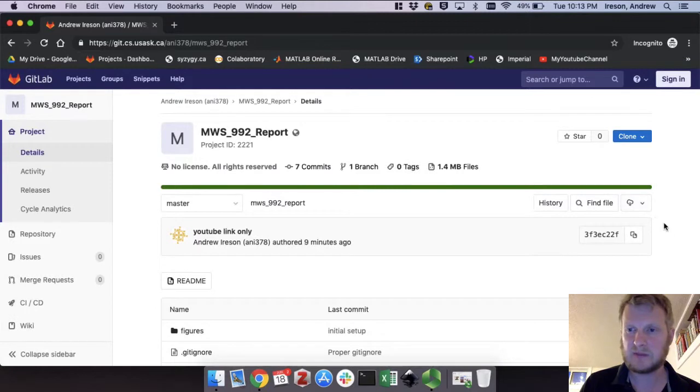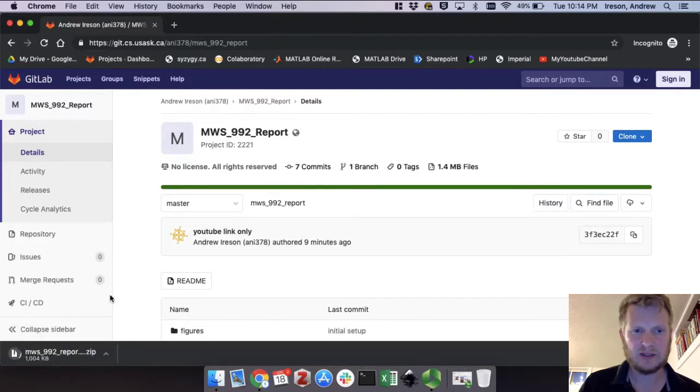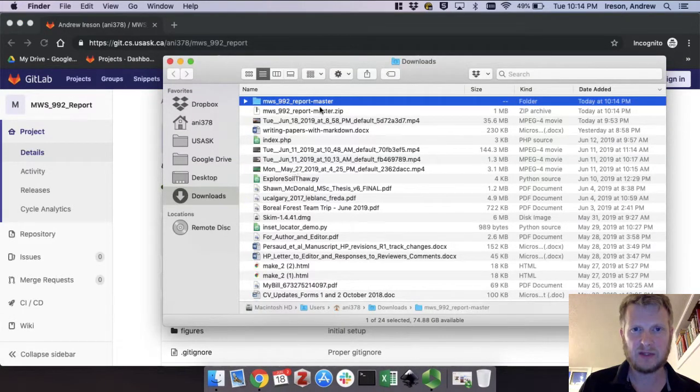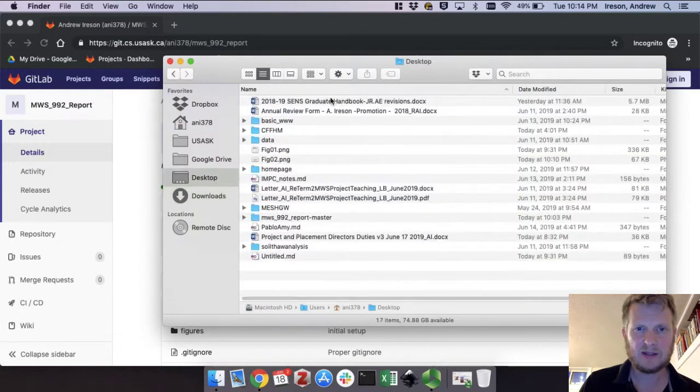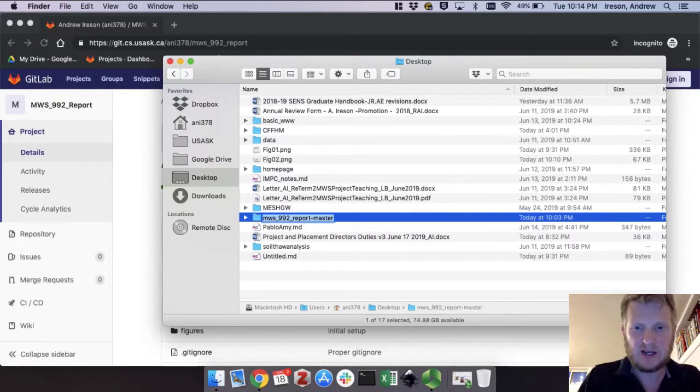So if we go to this website, you can see there's a little cloud button here. If I click on that and click zip, it will download that to my downloads folder, and here it's MWS Report Master. So I want to move that onto my desktop, and I'll go to my desktop, and here it is. I might rename it, so I'm just going to say my 992 report